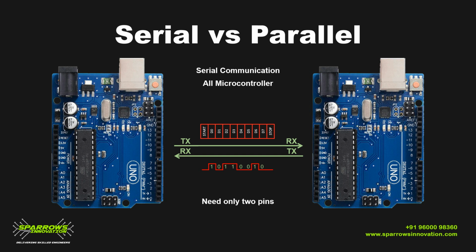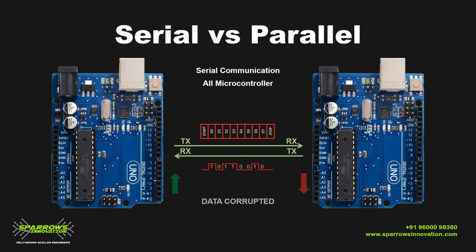Okay, but there is a difference between the pulse in serial and parallel communication, which I will explain in the next slides. So here, the pulse which is used to transmit the data is very important in serial communication. I will explain why. For example, if my transmitter microcontroller is transmitting the data at one speed, but my receiver end has a receiving speed very much less compared to the transmitter, then my data will get corrupted.